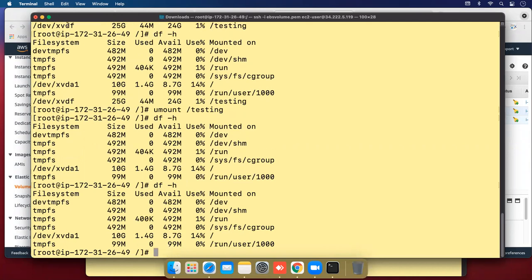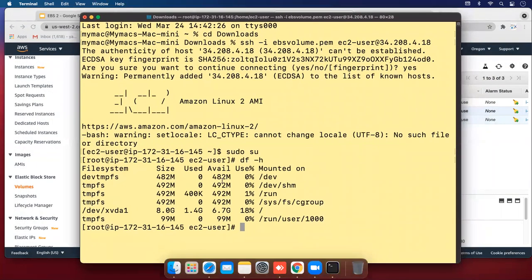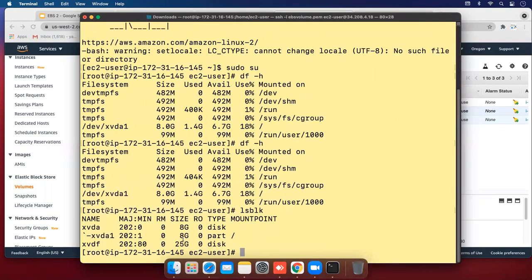So this is my old machine. Let's connect to the admin machine. This is my admin machine, and let's run df -h. Still it is showing 8 GB, so let's run lsblk, hit enter. You can see the 25 GB disk is here.